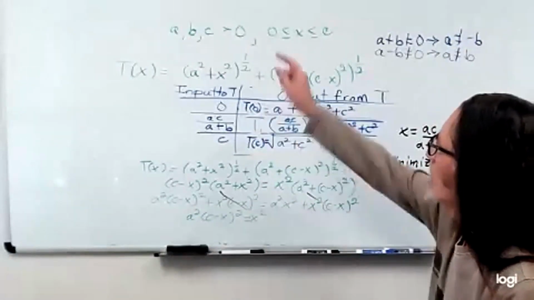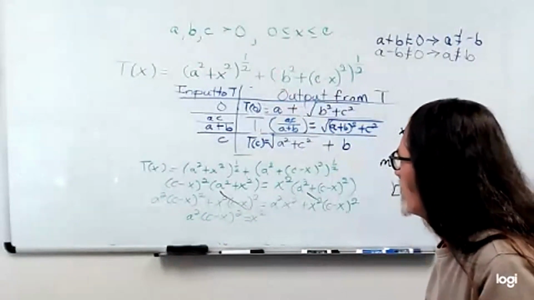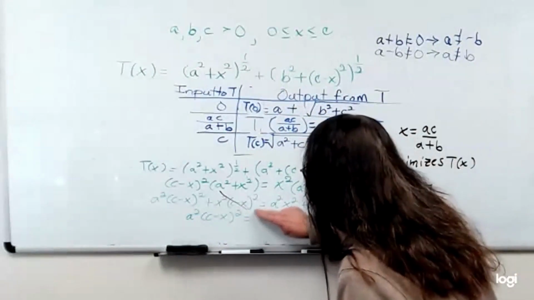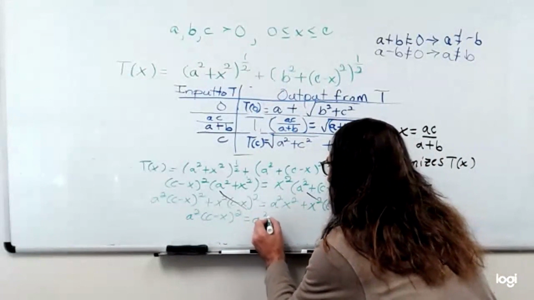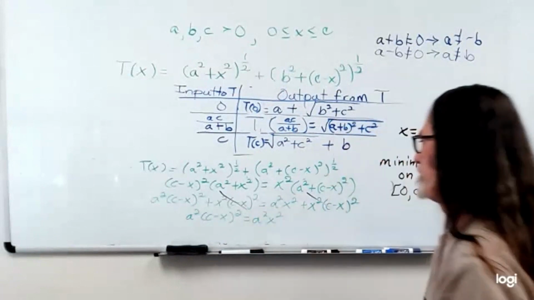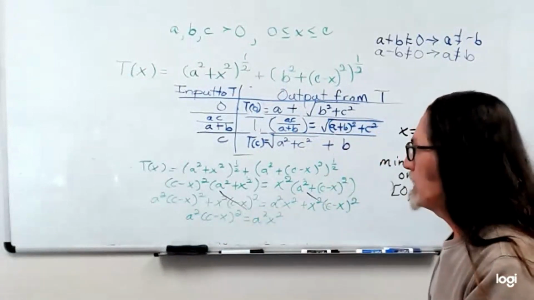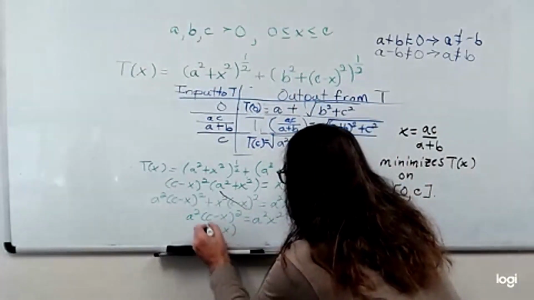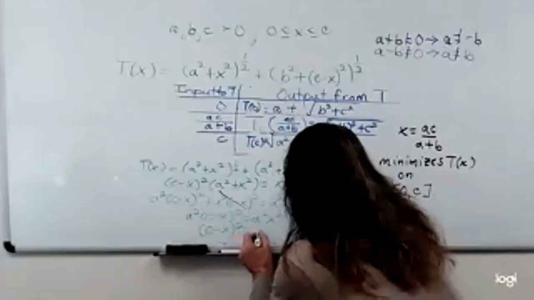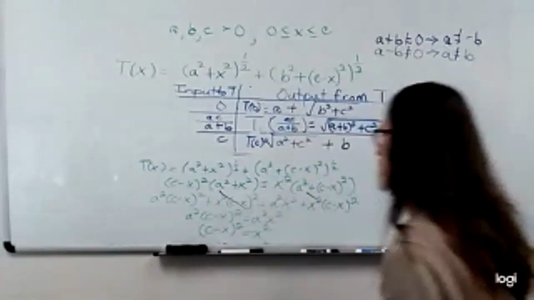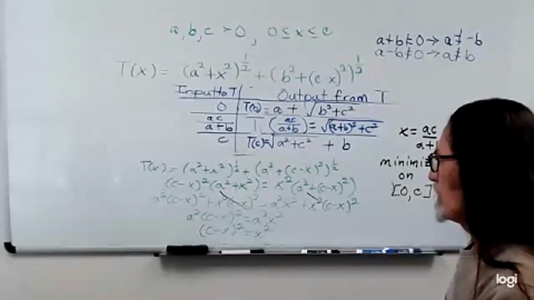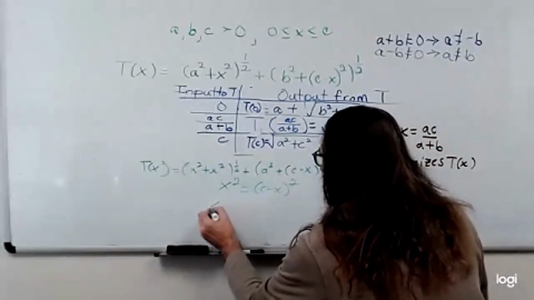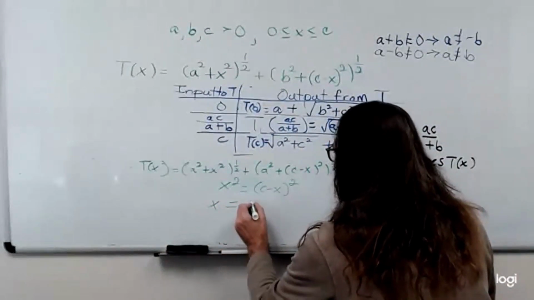Furthermore, since a is strictly positive, then so is a squared. Divide both sides by a squared. Take the square root of both sides. x is equal to plus or minus